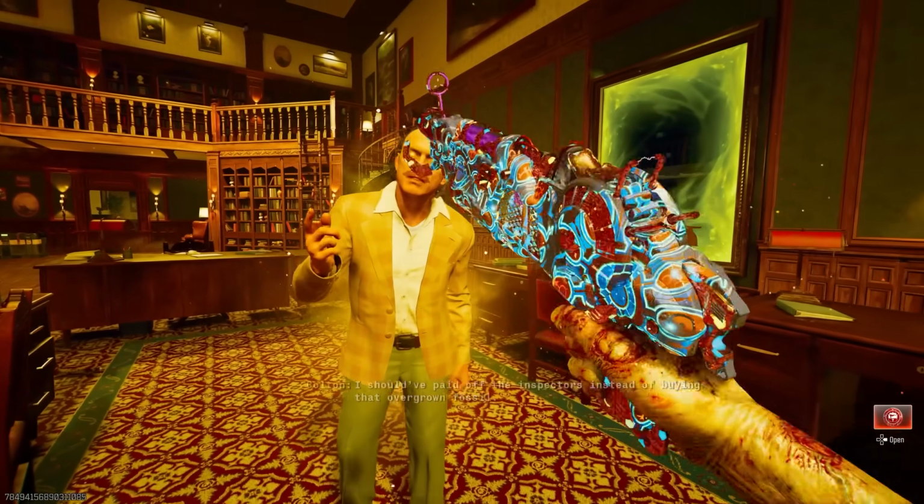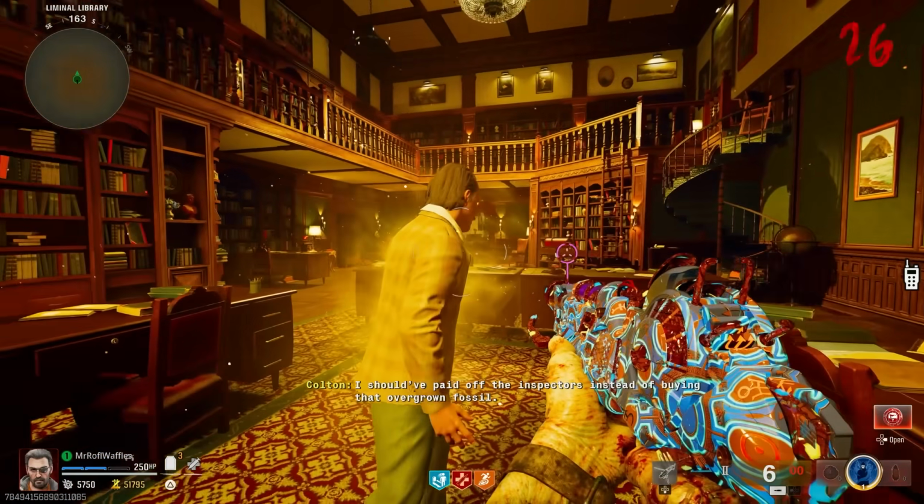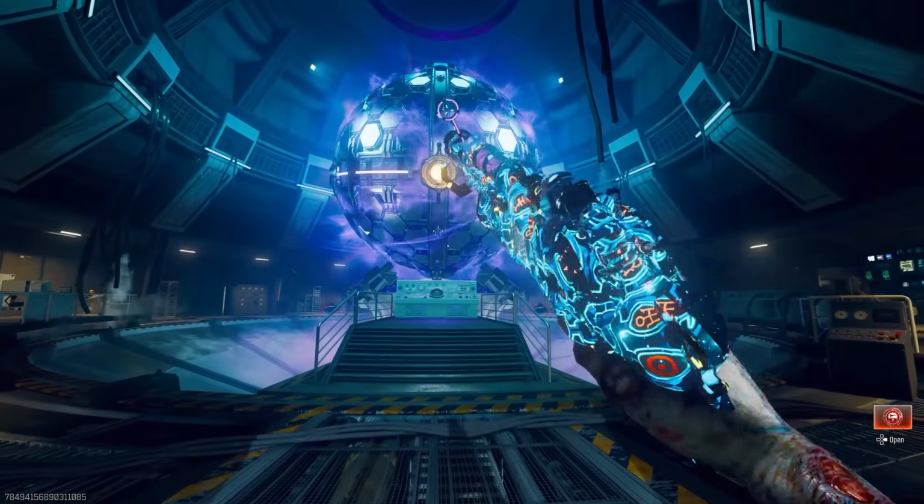This is a guide for you to build the Raygun Mark II for free in Shattered Vale and then upgrade it into all its elemental variants. We'll start with building it for free. To start with, you need to be at round 10 or above, and you then need to go down the